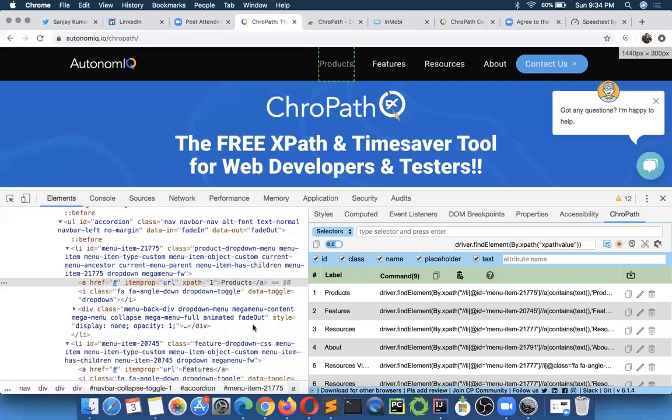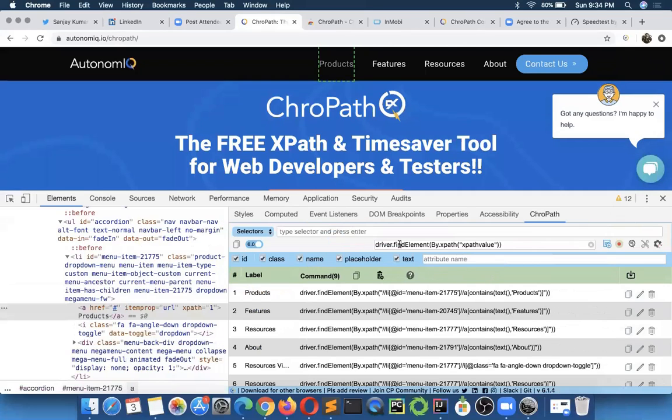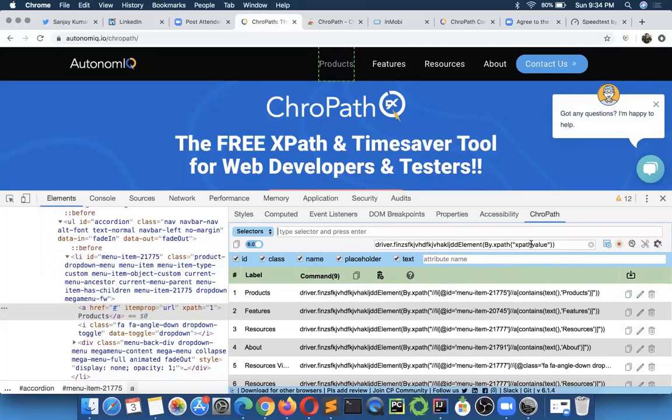And it could be in any language. This is not only for Java or Python or Ruby, or any kind of Selenium framework or Katalon framework only. This command could be anything. Just keep the keyword XPath value wherever XPath is written in your command. And at any point of time, you can reset this to the default setting. There is a reset button, so you can do that.